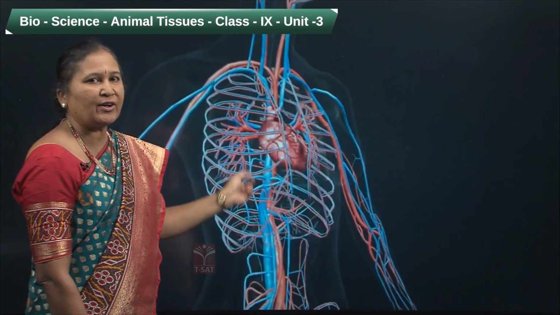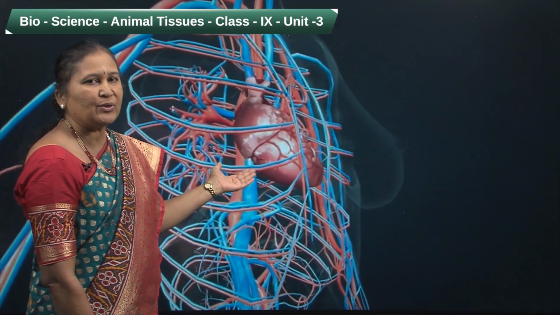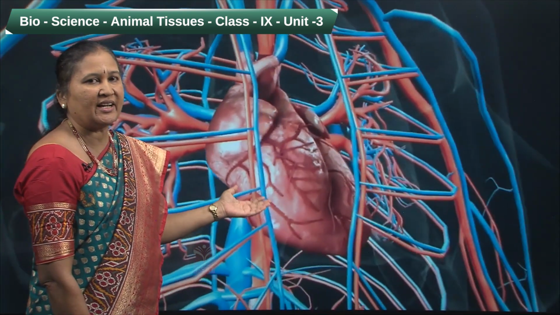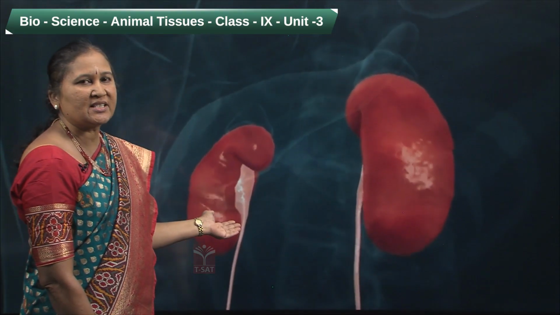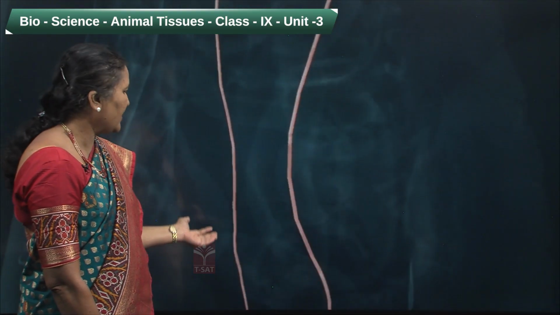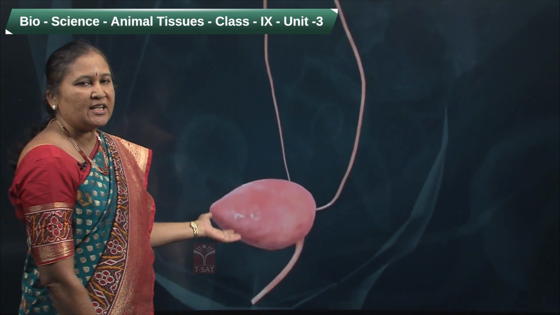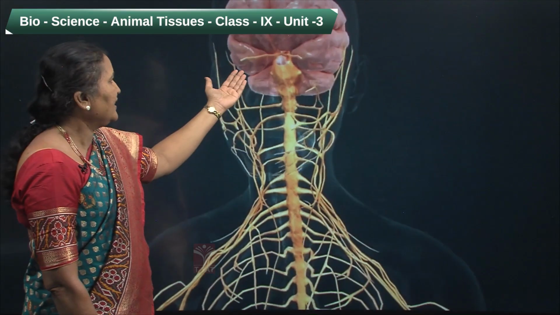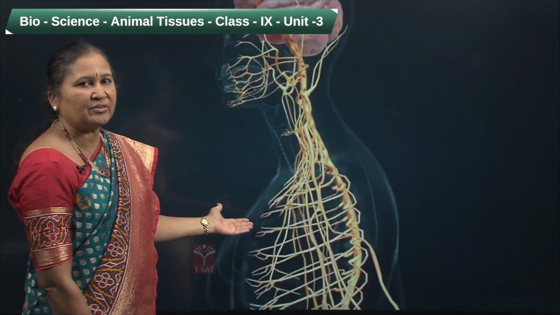And this is our circulatory system. Heart and blood vessels are the important parts of our circulatory system. The heart is called the pumping organ because it pumps the blood throughout our body through blood vessels, arteries, veins and capillaries. This is our excretory system, and kidneys are the main parts of our excretory system. Wastes are sent out from the body through our excretory system, and it consists of ureters and also the urethra. This system is helpful to send out the waste, and this is our nervous system. The brain is the important part. Brain, spinal cord and nerves are the important parts of our nervous system.